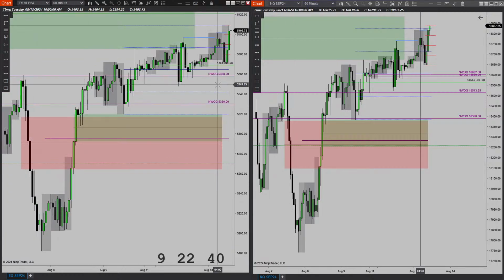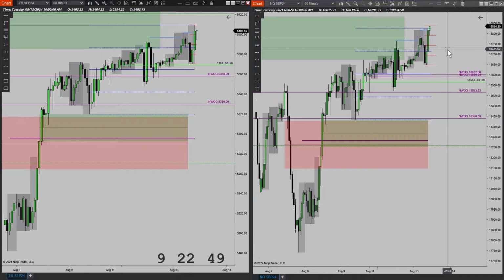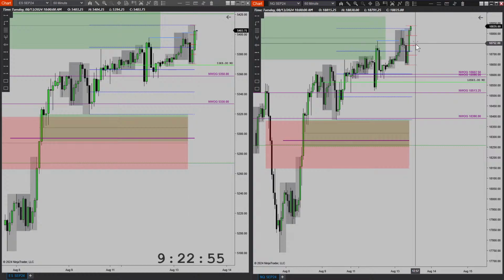Let's take a look at the 1-hour. So we do have displacement higher. We have a gap here, but just because we have a gap here does not mean it won't close going into the 10 o'clock macro. Actually, I thought this was the 15-minute for a second. So right now, just waiting on the sidelines for price to offer me something more than just this.